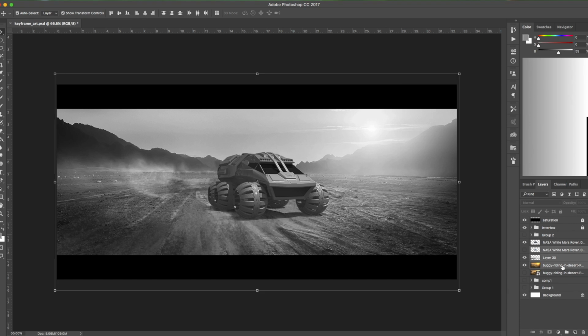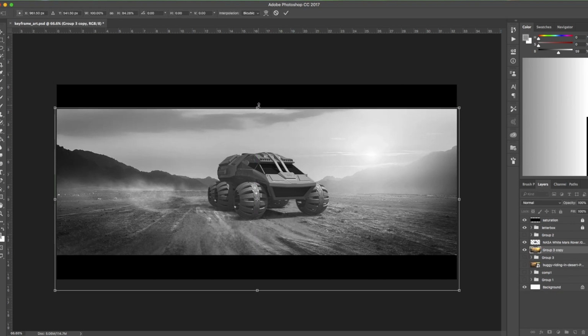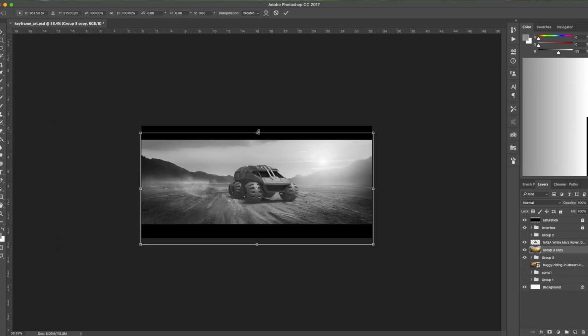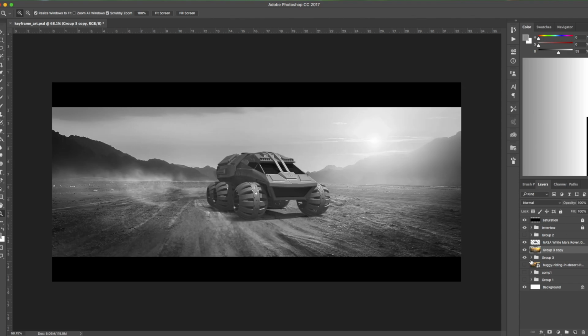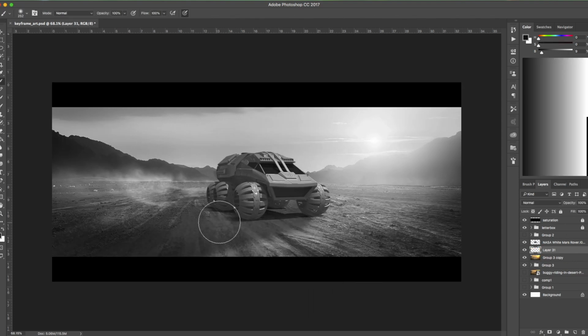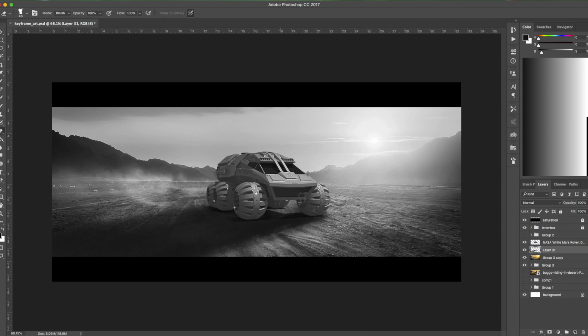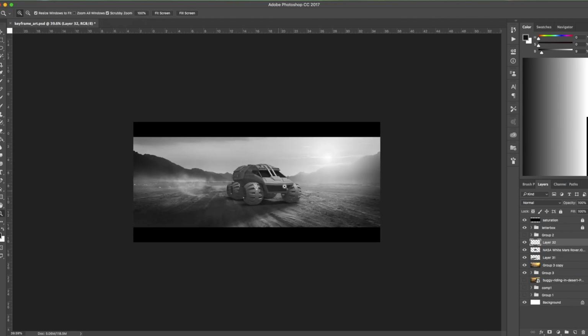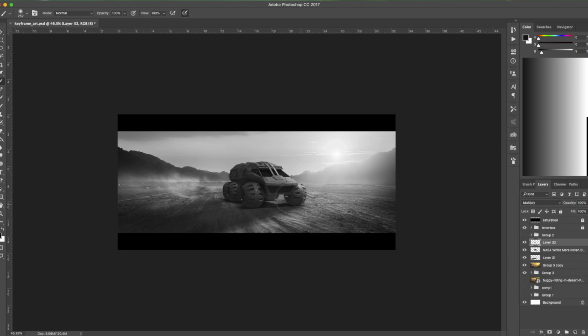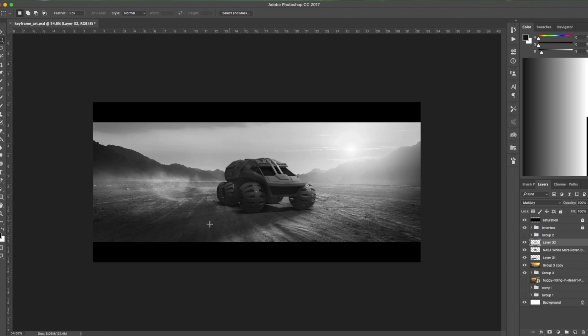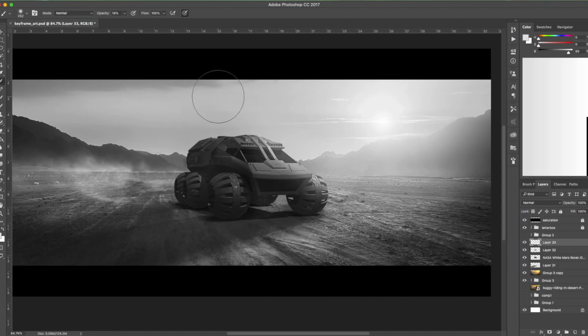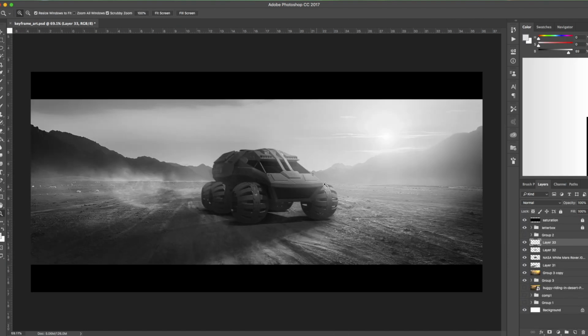So I put the rover onto the canvas and turned down its brightness because it was really brightly lit. I also adjusted the background to correct perspective and added a long shadow on the left side since the light is coming from the right side of the frame. I also selected the subject here and added shadows on the left side to match it with the lighting of the scene. I think it already looks good, but I'll just use a soft round brush and add a little